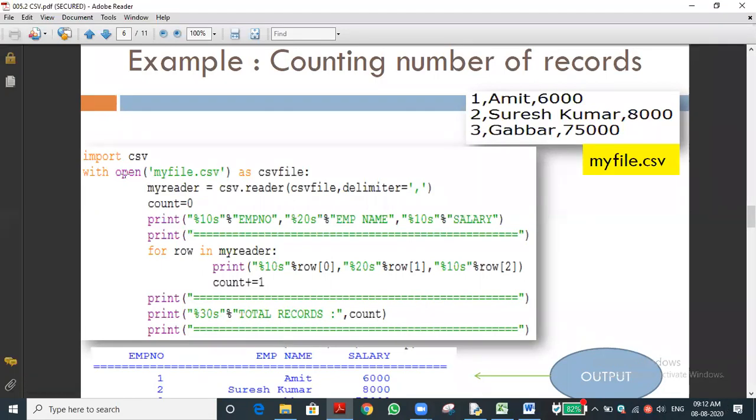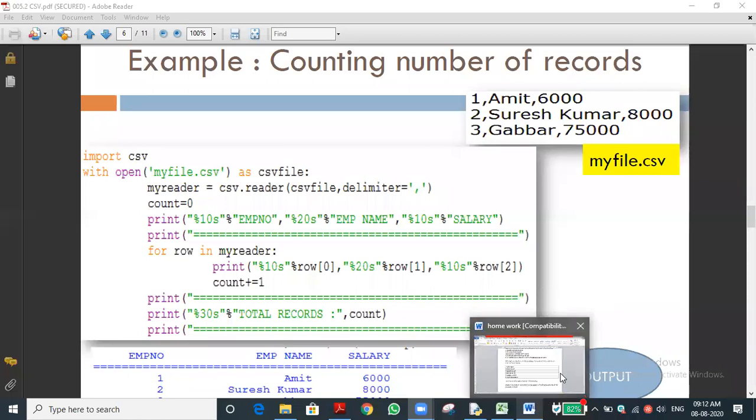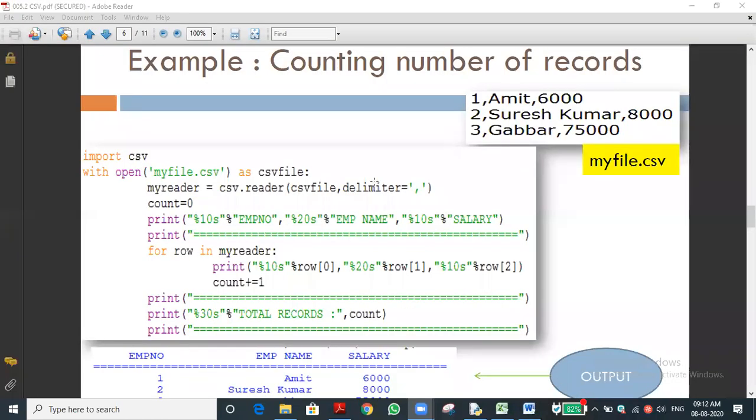Okay, let me see this program. You can see import csv. It would be fine if any one of you can explain this. Instead of me, Ajit, why can't you try? Can you explain this program? Ajit Kumar. He is hearing, but he is quiet. Ajit, can you explain this? What is that first line?